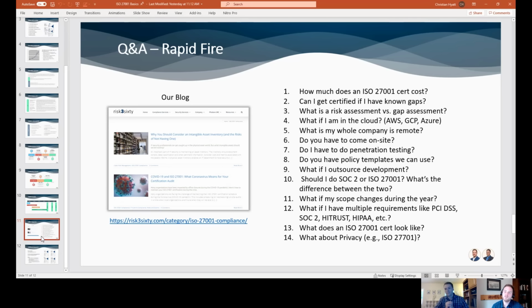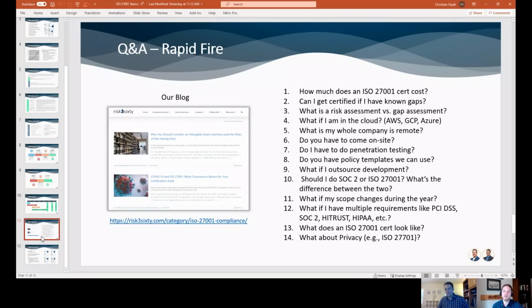Yeah, we have seen organizations go through the certification process really confident, and then hand over a gap assessment to the auditor saying we did a risk assessment, and the auditor says this isn't a risk assessment, and they get a nonconformity, and that can be frustrating. We'll point people back to ISO 27005 or NIST 800-30. Those are fantastic resources to really dive into what a risk assessment is.